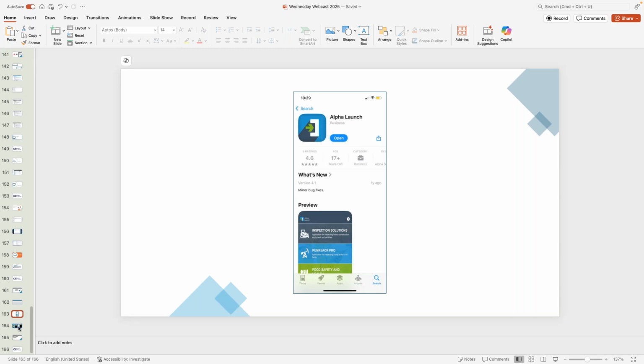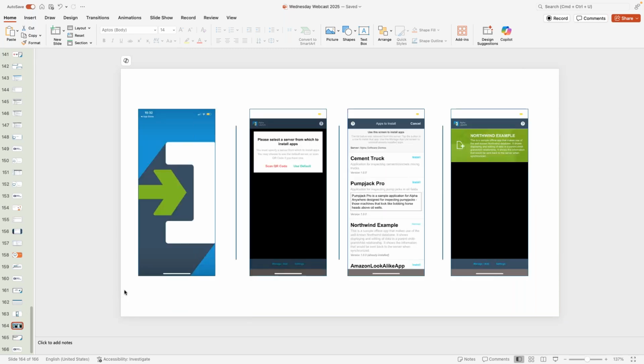When you install it and you boot it up, here are the first 4 screens that you will see. The first is our splash screen, but the next thing it asks you to do as the user is to scan a QR code. And you as the developer are going to supply that QR code to your users so that they'll have that code, they scan it, and when they do, what will happen is a list of all